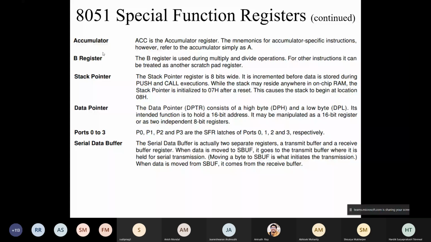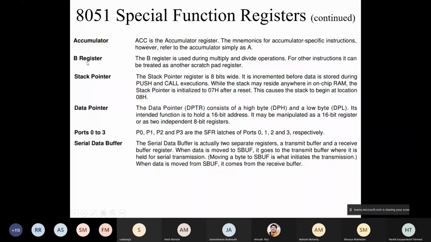So these are called latches also, because flip-flops are also called latches because they hold the data unless you change it or unless you interrupt or disrupt the power. So B register and A register are two 8-bit registers which are very commonly used. A is the most commonly used register. You'll find in several instructions A is super common or very popular. B is also common but not always to that extent.